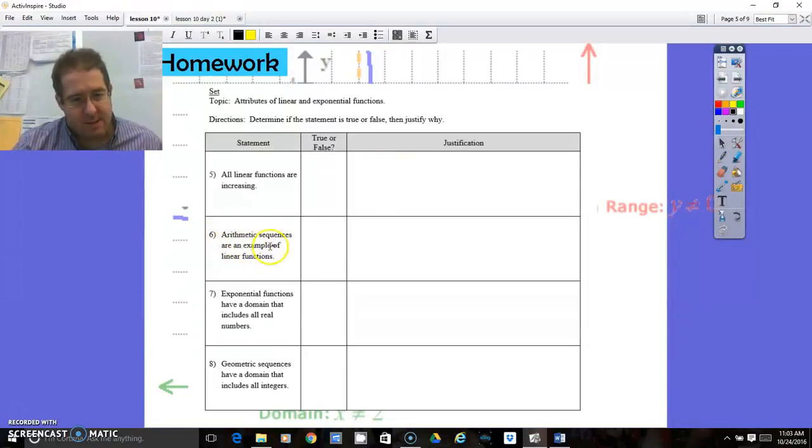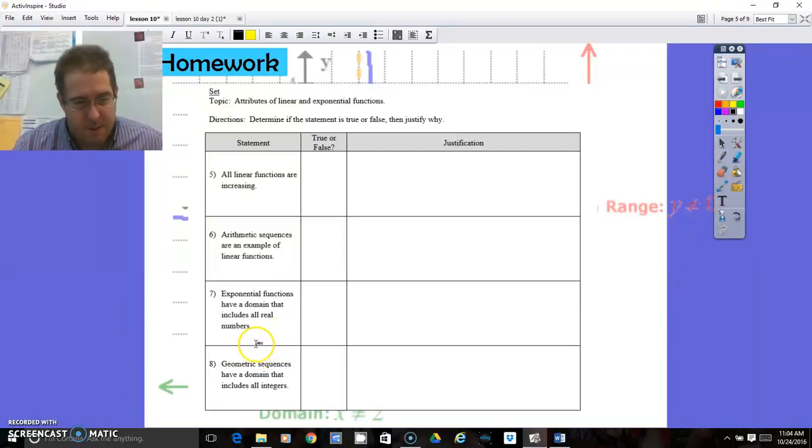Arithmetic sequences are an example of linear functions. Arithmetic sequence, as I said earlier in this video, that is true. Anytime you're adding either a positive or a negative number, it doesn't matter, it's going to go in a straight line. It's because it's going at a constant rate either going up or it's going at a constant rate going down. Number 7, exponential functions have a domain that includes all real numbers. That is